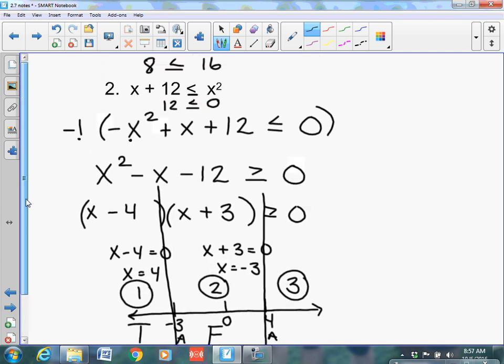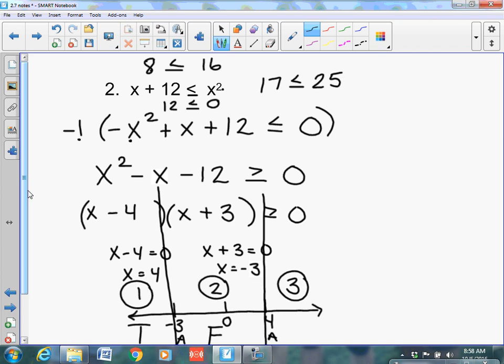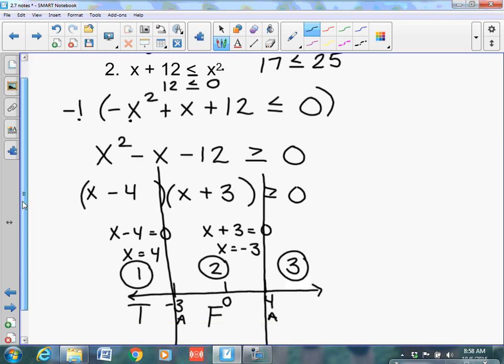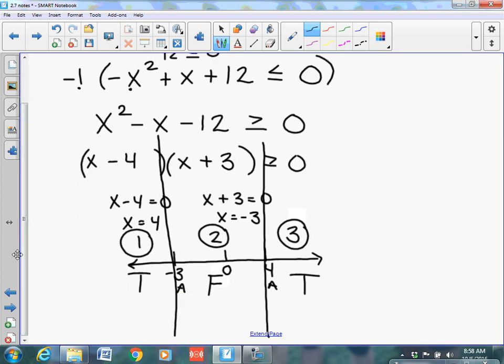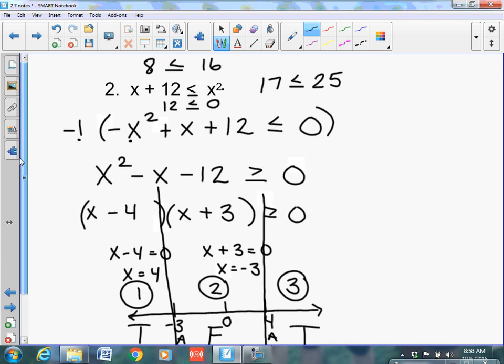And 5. Do you think 5 is going to work in here? Yep. 5 plus 12 is 17. Is 17 less than or equal to 5 squared, which is 25? Is 17 less than or equal to 25? That's also true. The answer needs to be the boundaries, but you've got to be careful because in this problem